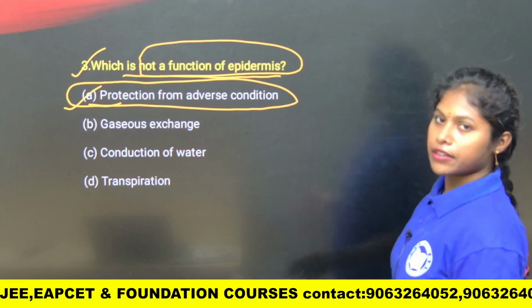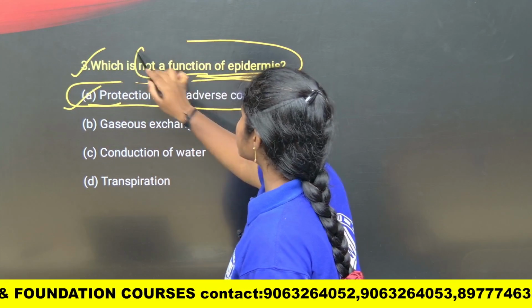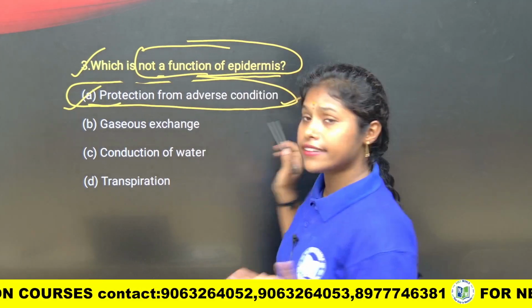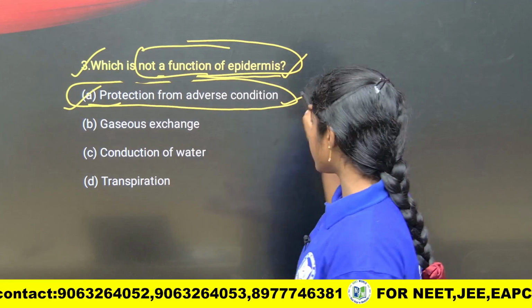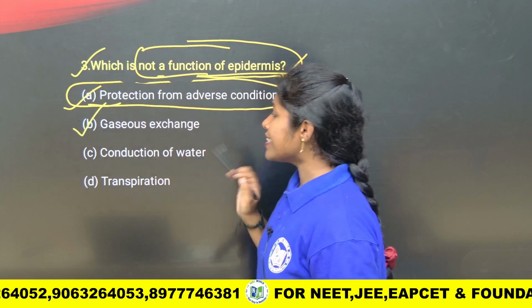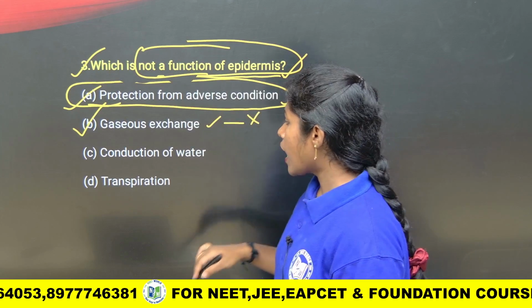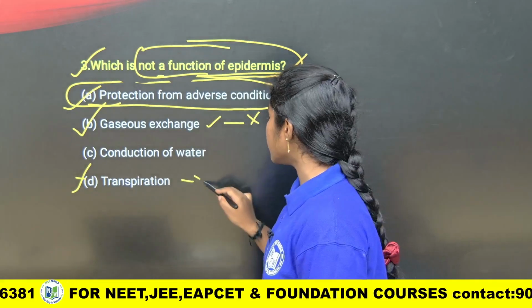But it is not correct because they are asking which is not. They are asking, children, which is not a function. So here it is the right option, but according to the question, they are asking not a function. So it is a function, right? So it is a wrong answer, right? So of course it is involved in gaseous exchange also, it is also right, but according to the question it is wrong. And coming to transpiration,